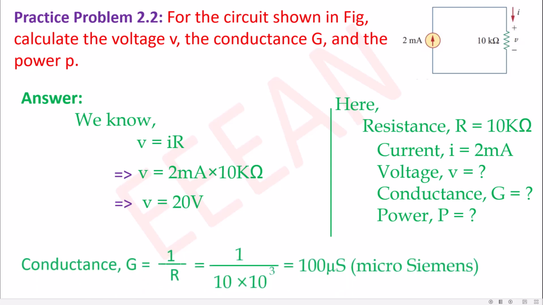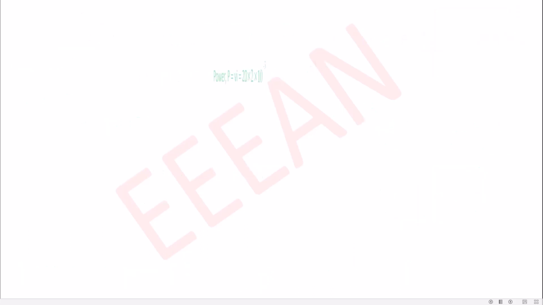Then conductance G equals 1 divided by R, we put the value of R and we get the result 100 microsiemens, and we have to remember that micro means 10 inverse 6. Okay, then power P equals VI, put the values of V and I and we get our result